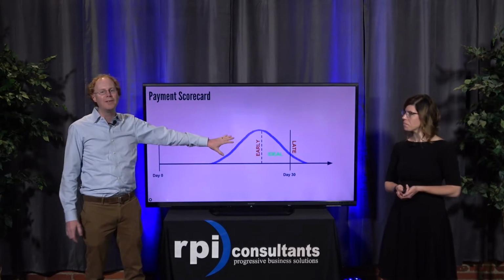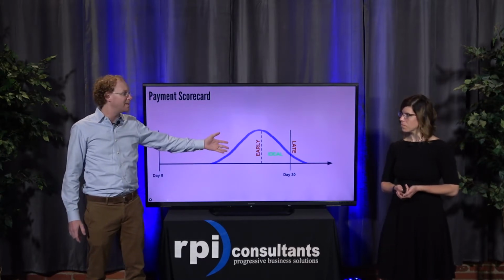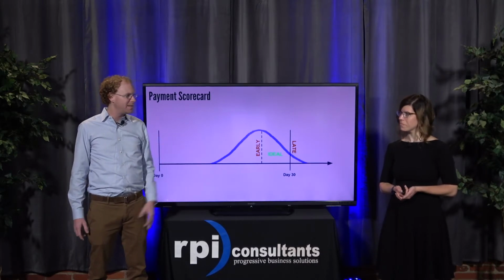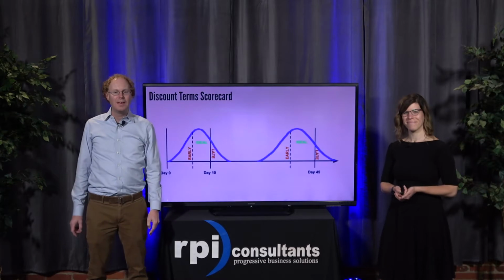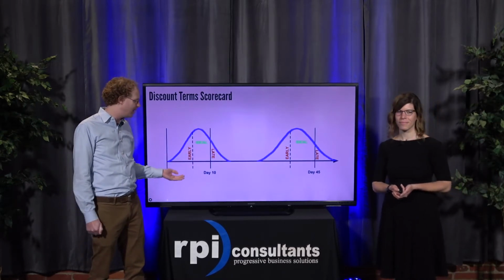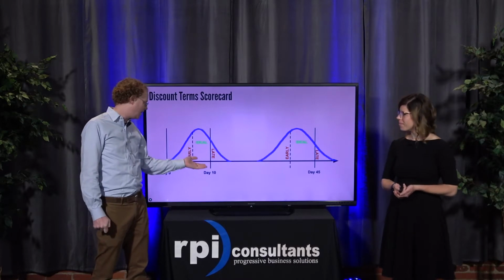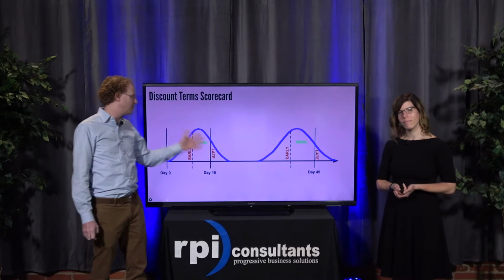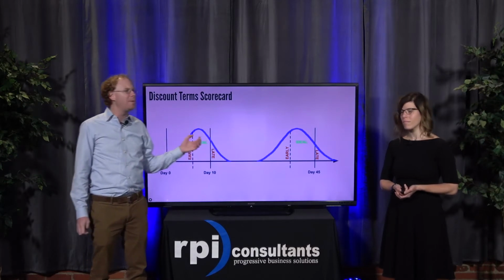Once we have a curve that looks good like this, maybe then we can go back to our vendors and try and negotiate for discount terms. So here we've graphed out typical discount terms of, say, 2%, 10, net 45. And again, we'll see the same distribution here. And this is going to help us if we